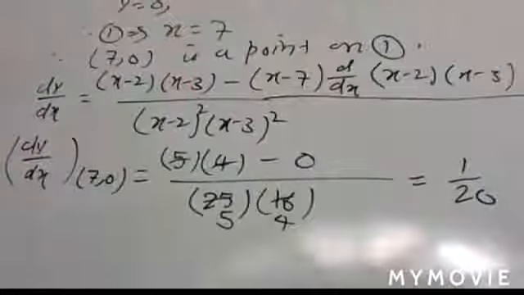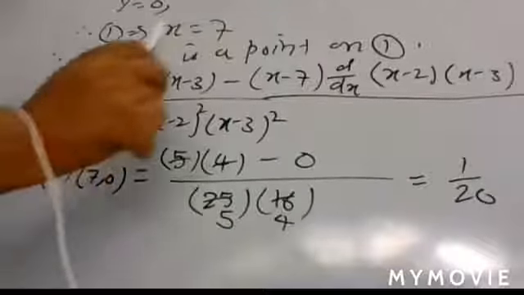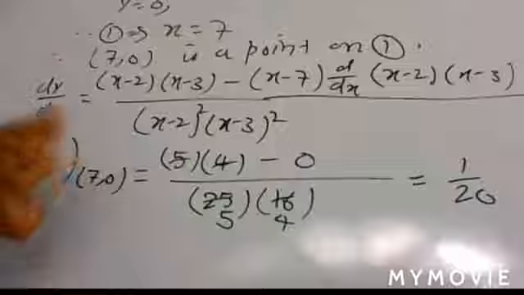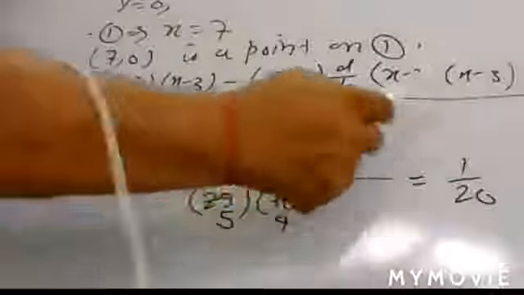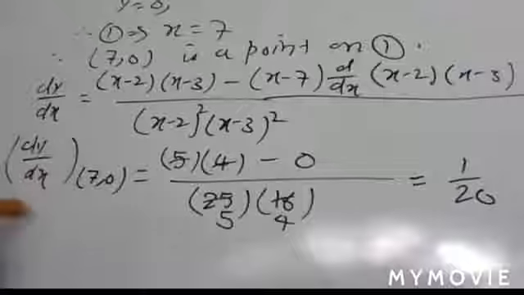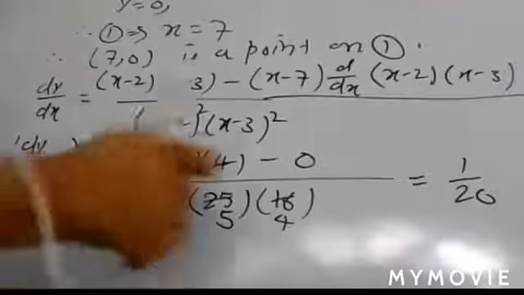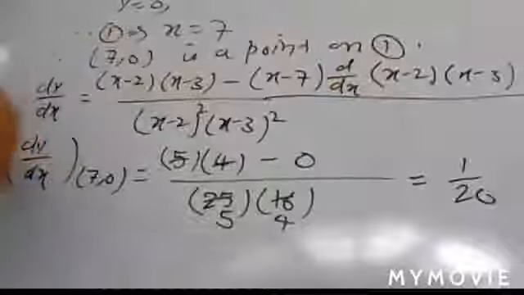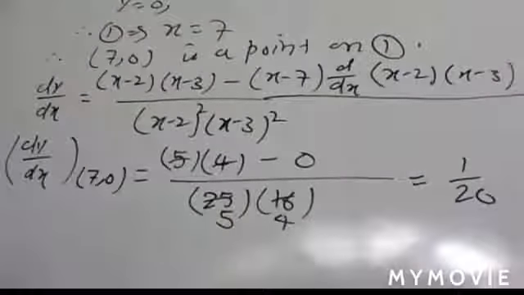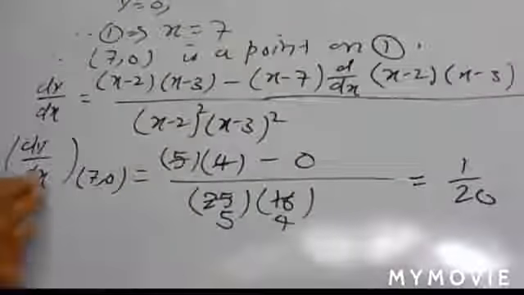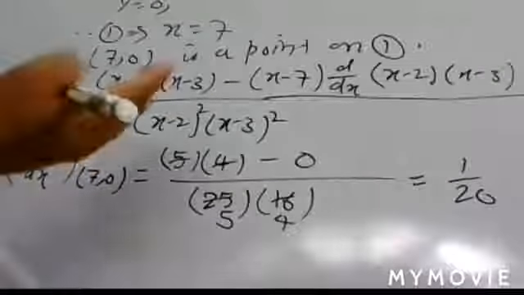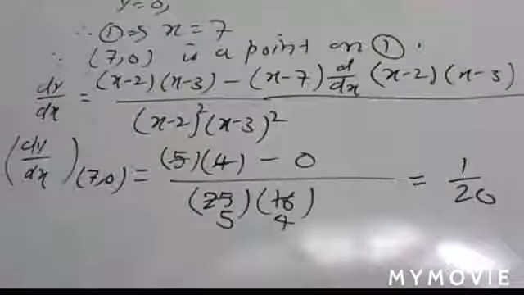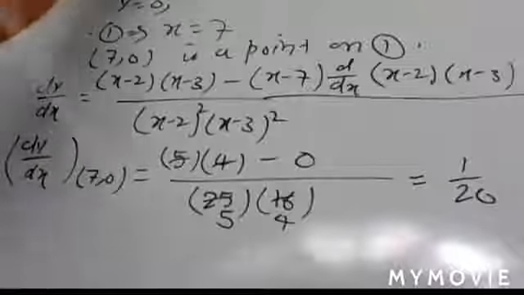Why are we solving this step this way? Actually, there is no need to differentiate that term completely. You only have to find the value of the derivative at the given point. If you apply the product rule here and take more time, you just lose your time. You only have to put in the values of x. Understand? So that's why you can write it this way. So the value of the derivative at the given point is 1/20. Now find the equation of tangent and normal at the point (7, 0).